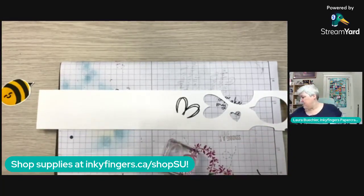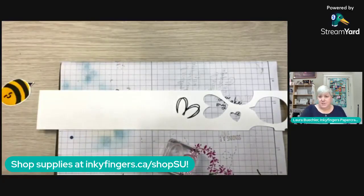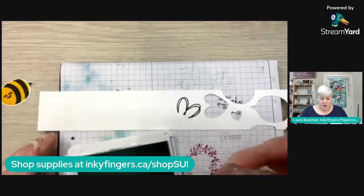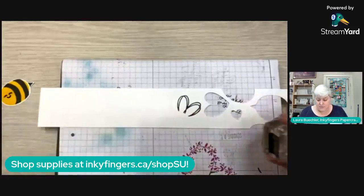All right, I'm going to use Pool Party again. Have you guessed what this little shape is? It certainly looks like a heart, but it can also be...